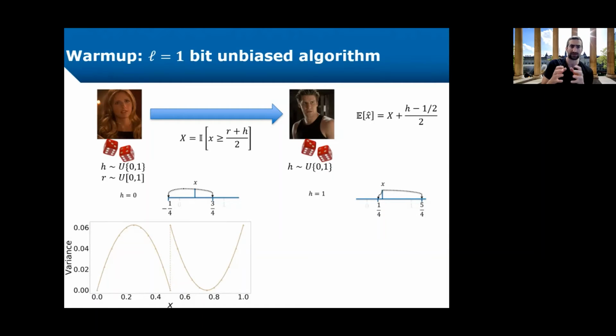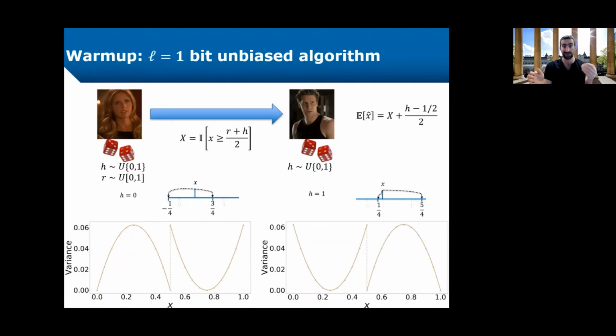If you look at Buffy's algorithm, if X is larger than 1/2, then Buffy will surely send 1 and Angel will estimate X at 3/4. So we have 0 error for 3/4, and if X was smaller than 1/2, we have a randomized rounding like algorithm going on. Similarly, when H equals 1, if X was smaller than 1/2, Buffy will surely send 0 and Angel will estimate it as 1/4.